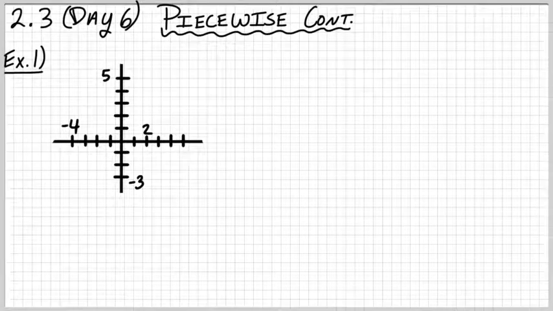And so the first piece I'm going to add in here is a line that's at y equals -3, that height, and then it goes from -4 to -2 on the x-axis. So from -4 to -2 on the x-axis, that's my first piece for my piecewise function. Okay, and my next piece,